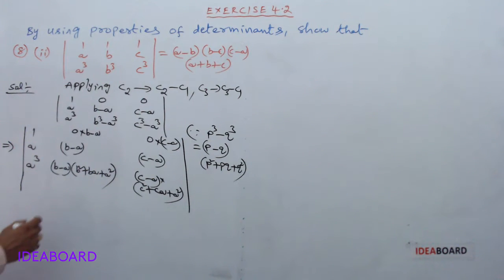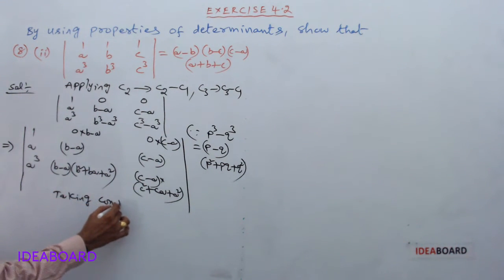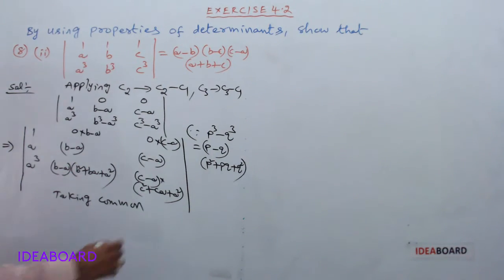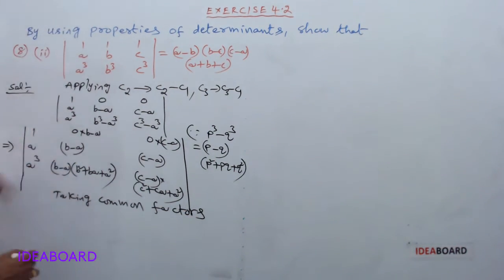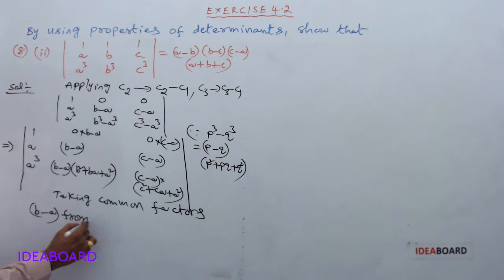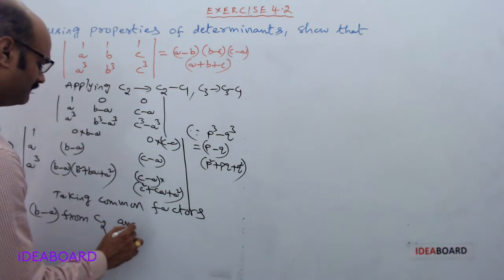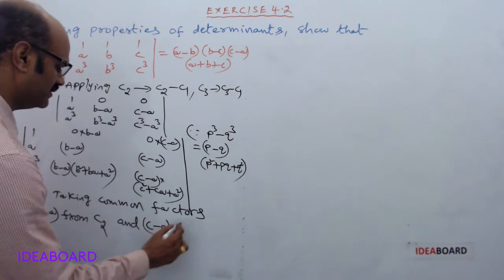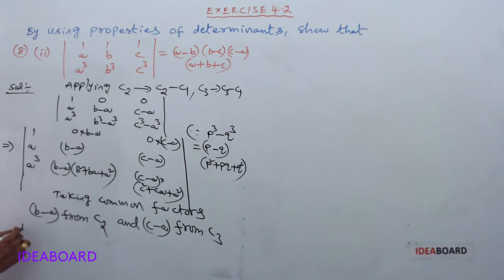So, taking common factors, B minus A from C2 and C minus A from C3, we get,